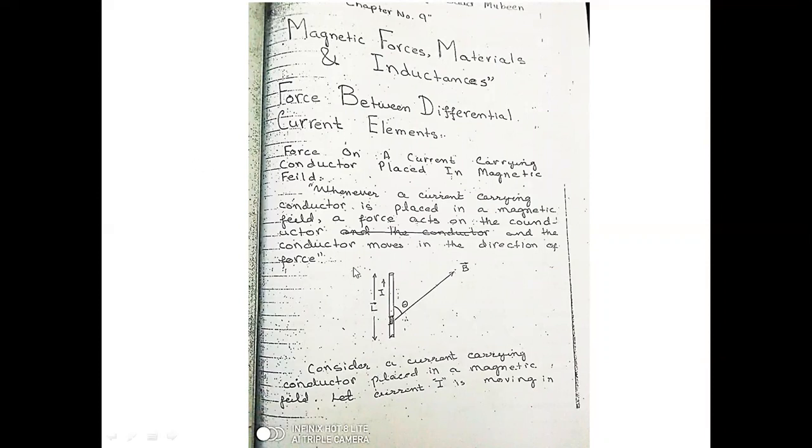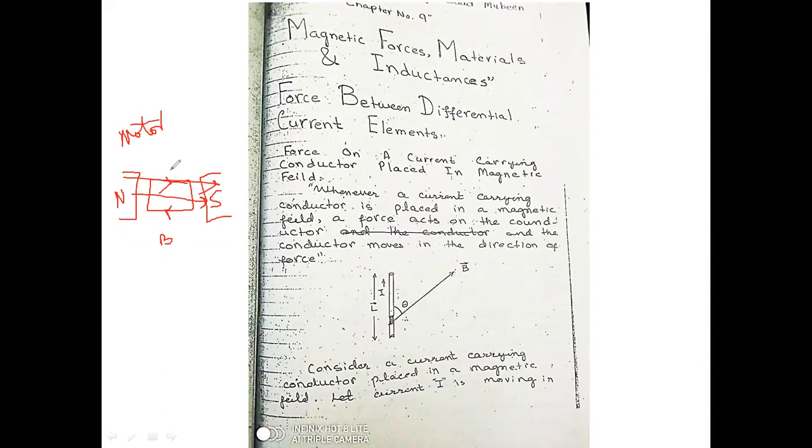So this is actually a current carrying conductor, and the flux lines. This kind of current carrying conductor is placed in a magnetic field. For example, this is actually the case of the electric motor. What actually happens in the electric motor? We are placing a current carrying conductor inside a magnetic field. Okay, so this is actually the B, and the current is flowing